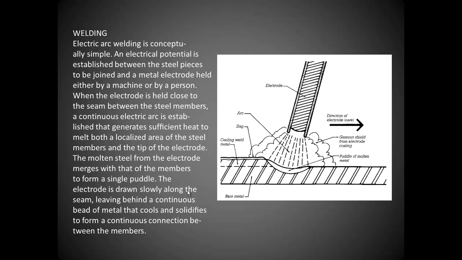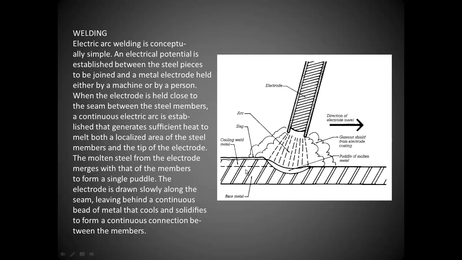So we've talked about rivets and bolts, and the other method, of course, is welding. Electric arc welding is very simple. We basically put an electric current through an electrode that has flux on it. It creates heat, melts down, and actually melts into the existing component, creating a metal weld that fits over the top. It will have a kind of a crust on the top called slag, and then that puddle is kind